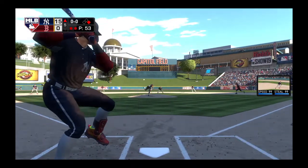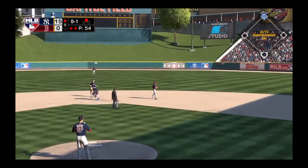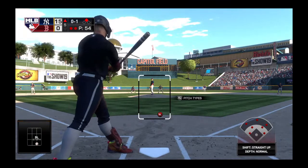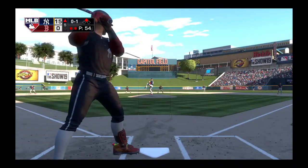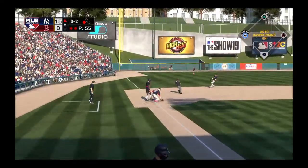Into the box now, Giancarlo Stanton. Pitches a cold strike, the throw, and it's far too late as he steals second with ease. That's a great call from the dugout to put the runner in motion that time. With 2 outs and a good hitter at the plate, it's a pretty low-risk play. If he's out, you still got the same good hitter leading off the next inning. But if he's safe...